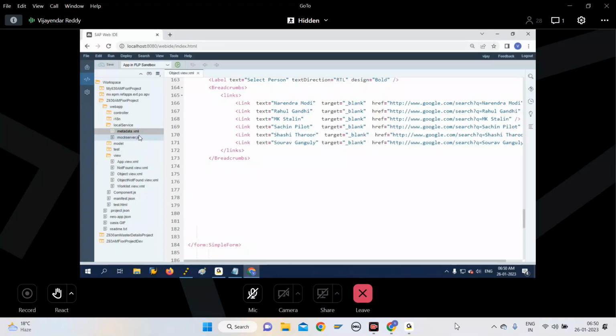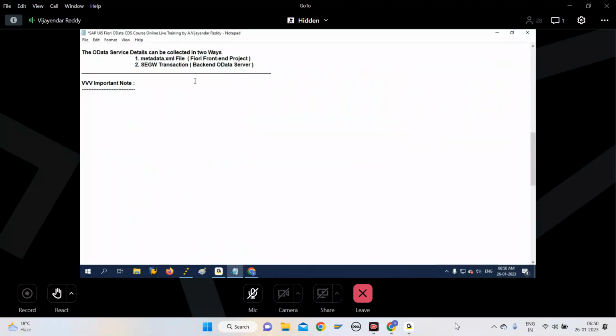So whenever we fetch data from backend system to front-end application via OData service, there are three important things that you need to consider. Let me write it here. We consider the important points here. One is like